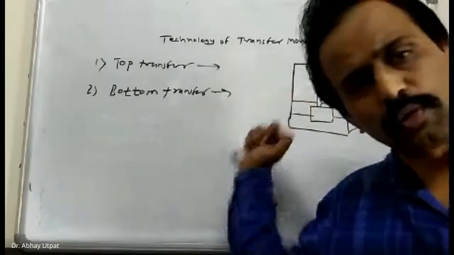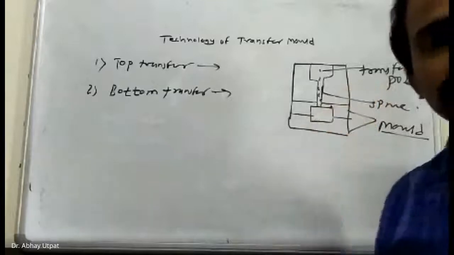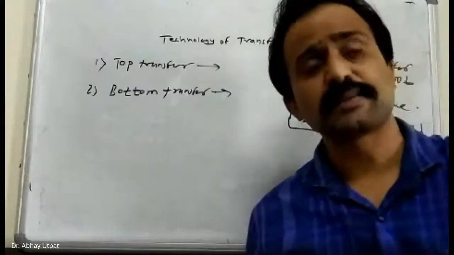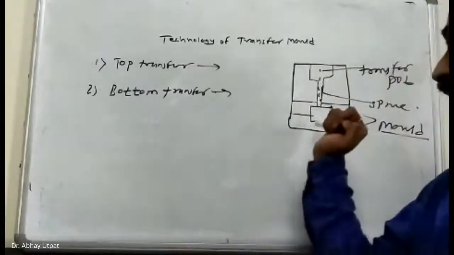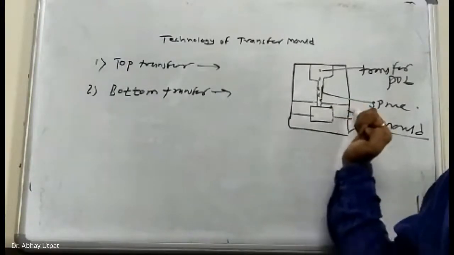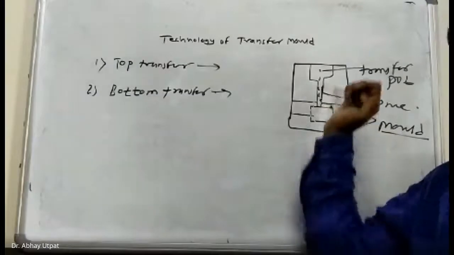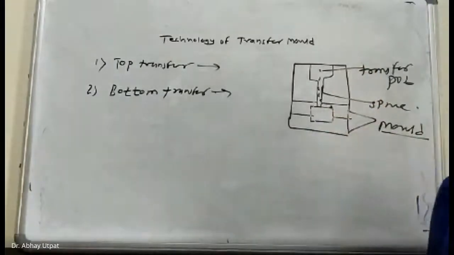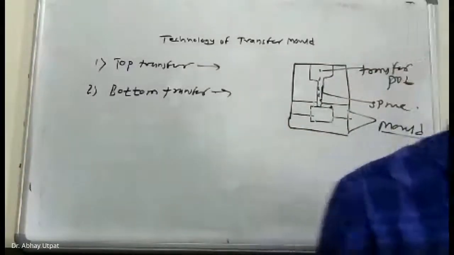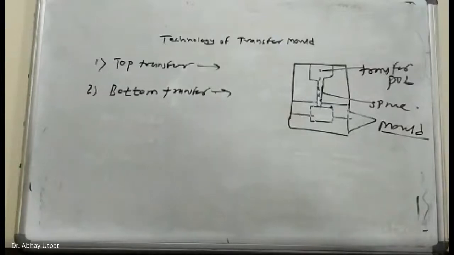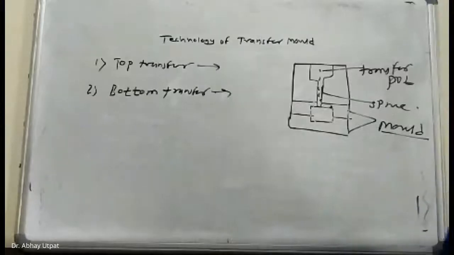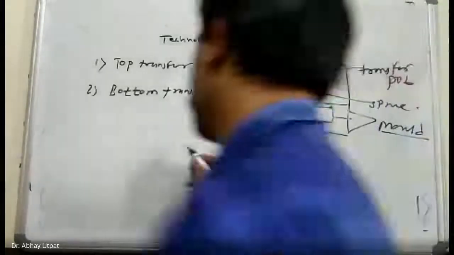Gating system means there is no total gating system. This screw I showed, that screw is used for pushing the plasticized material into the actual mold cavity. This is your actual mold cavity where it will give shape to the component. This is the transfer pot and the material will flow. Once it comes here, it is tightly packed, and then cooling and other elements are there. And some pressure is required to push that material through the screw. That pressure ranges from 5.5 to 6.5 megapascal.